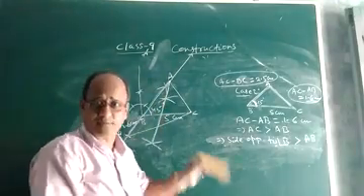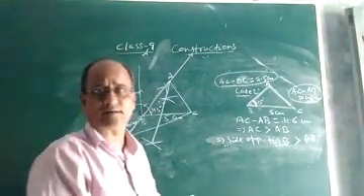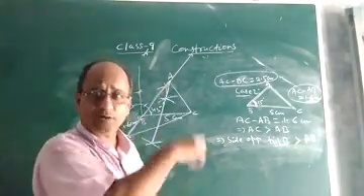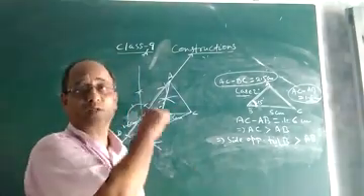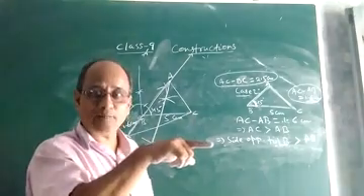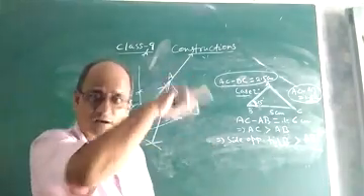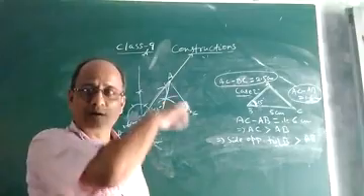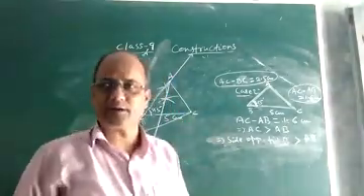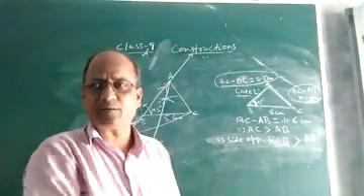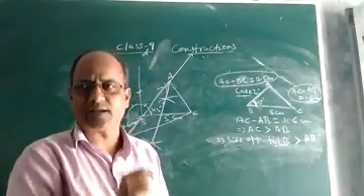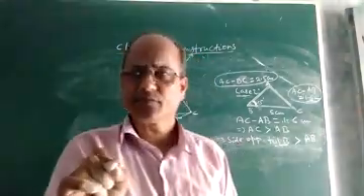But in the previous case, the first case that I discussed, if the difference of two sides is given, then we have to see the side opposite to the given angle. If the side opposite to the given angle is less than the third side, then we have to take the difference of the other two sides in the upward direction, not in the downward. We have to cut it upward, then you join and draw the perpendicular bisector to get the third vertex of the triangle, and you join that vertex to B or A, as the case may be, so that you will get the required triangle.